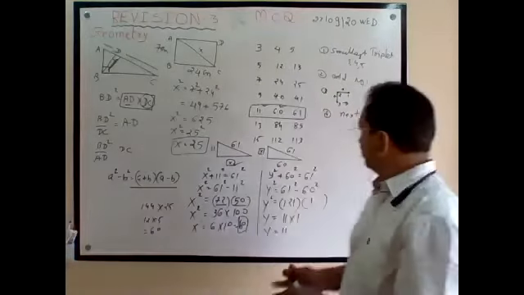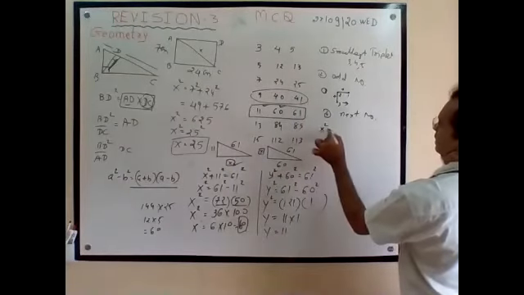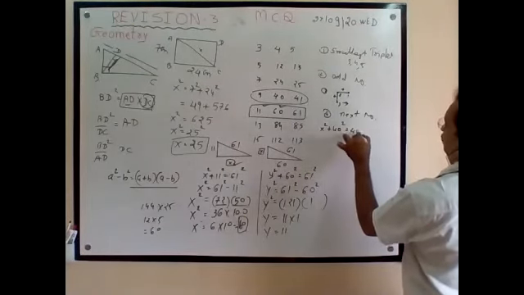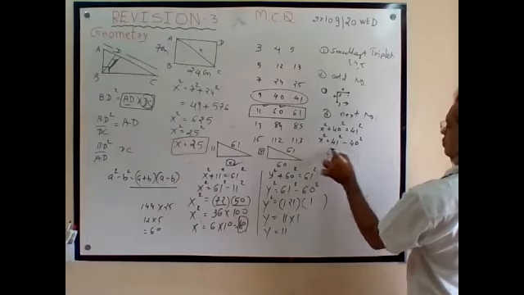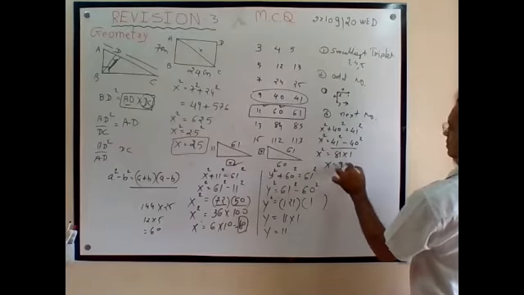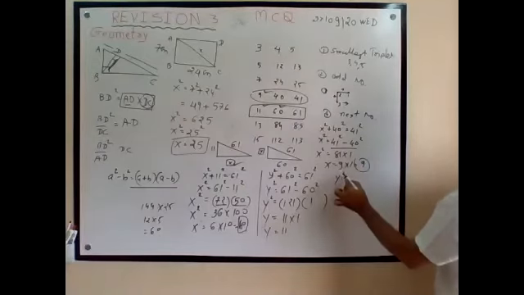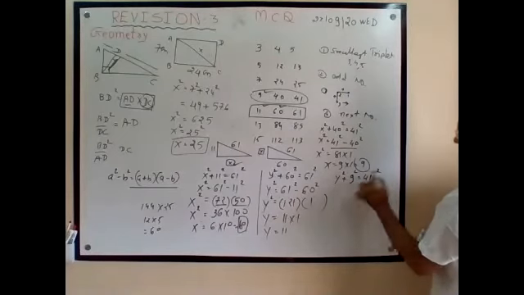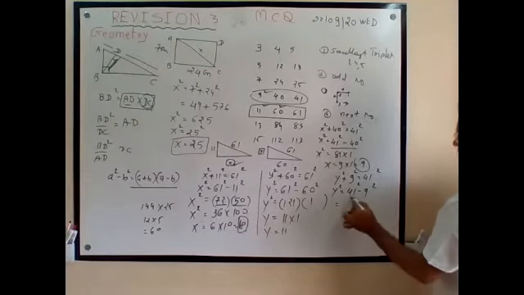So this is the best method. One more, suppose you want this. So x square plus 40 square is equal to 41 square. X square is equal to 41 square minus 40 square. So the total is what? 81. The difference is what? 1. Now suppose y square plus 9 square is equal to 41 square. So y square is equal to 41 square minus 9 square. One time plus, one time difference.